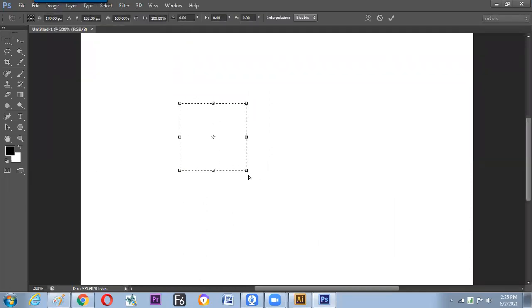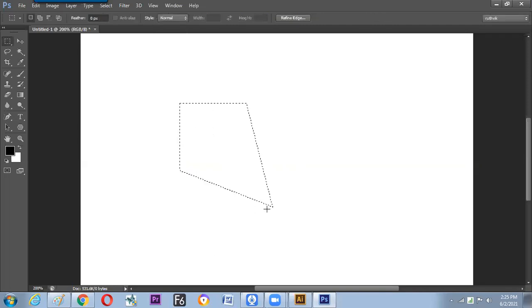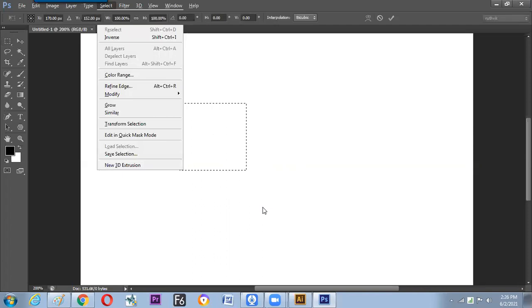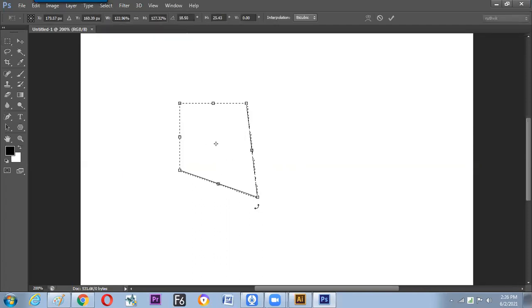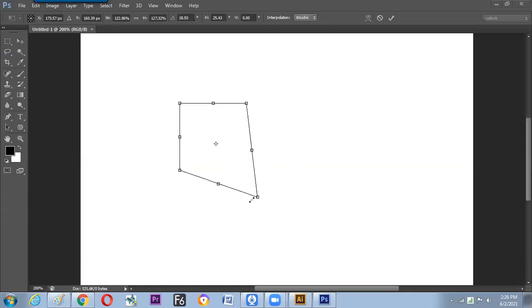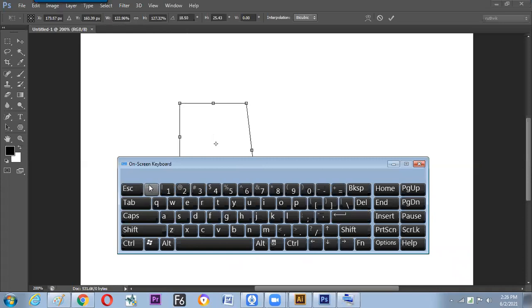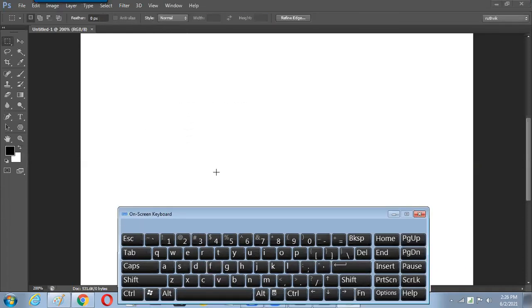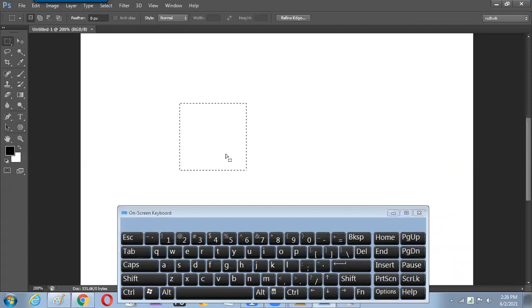Hope it is clear. Now drag it up. If it is okay, press Enter. If not, what is to be done? The Escape button is to be hit. Hope you know where the Escape button is on your keyboard. On the left top corner, find the Escape. Get it, Escape. Fine. Now the next keyboard shortcut.